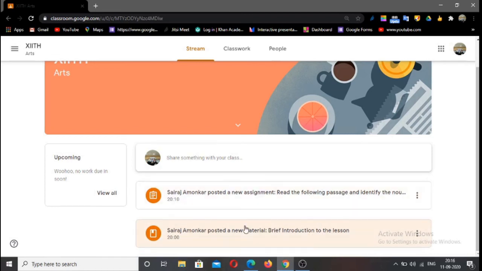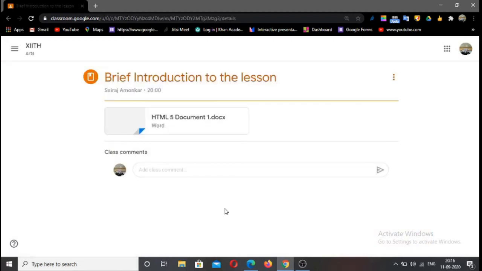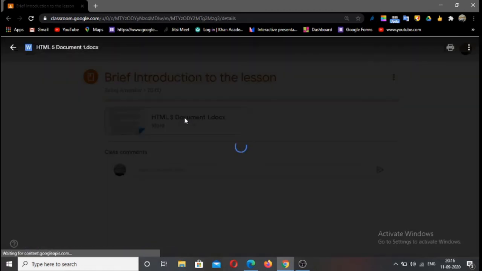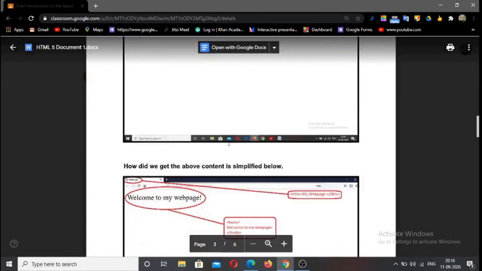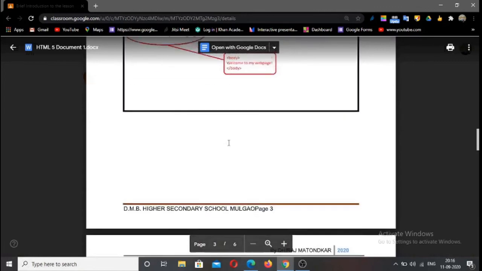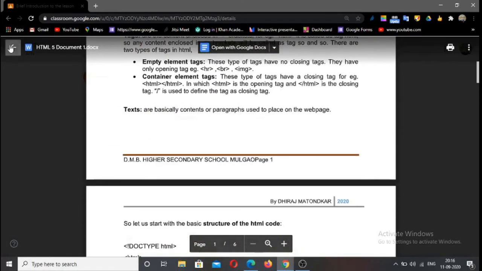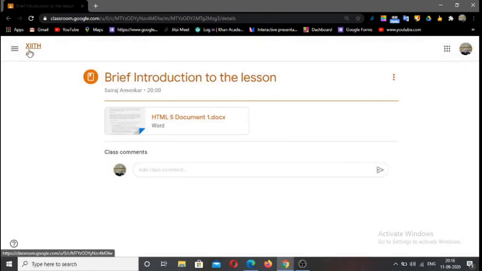So let me try to open the content first, that is the material which the teacher has shared. So brief introduction to the lesson, and this is the document. So I can just open the document, I can go across the document, I can check, I can write, I can refer to it as and when required. Okay, and I will move back to my class.